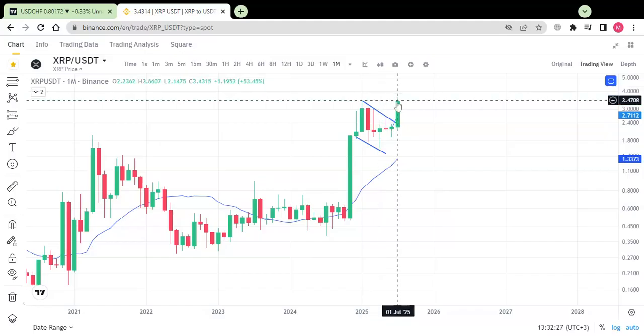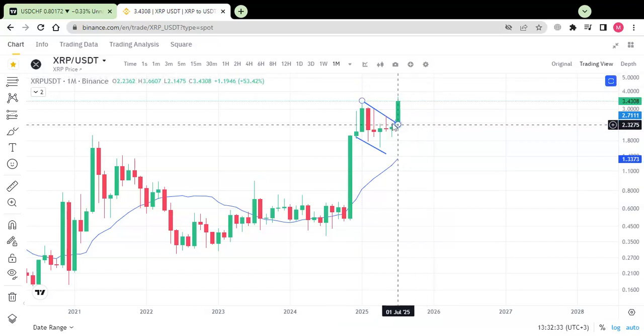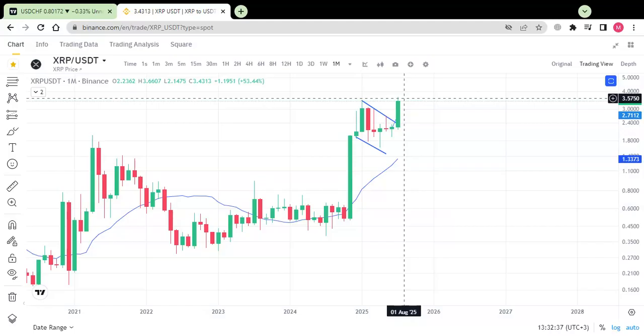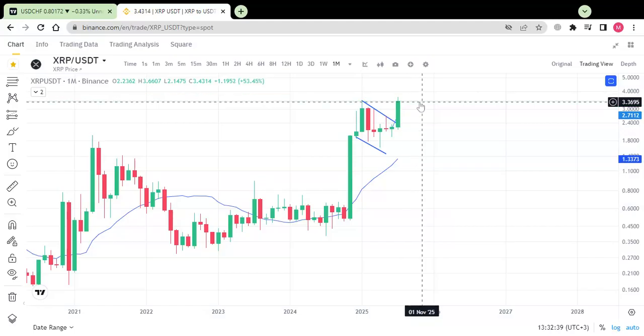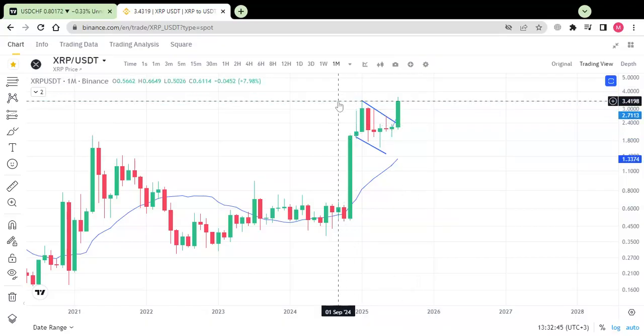If it closes above the previous high, I believe it's going to go higher and higher, because it means that the buyers are very sure that the price is going to go higher, and they trust it a lot. If it closed even a little bit lower, like here, lower than the previous high,